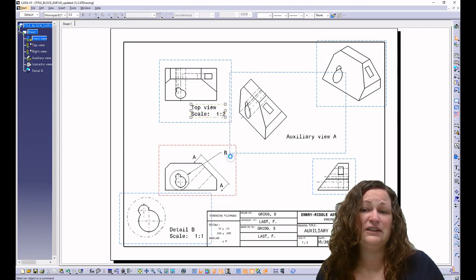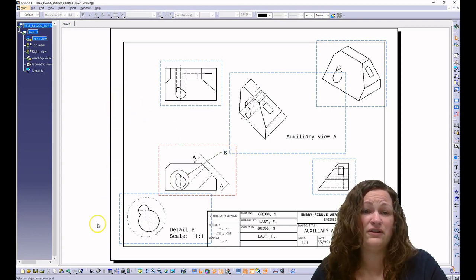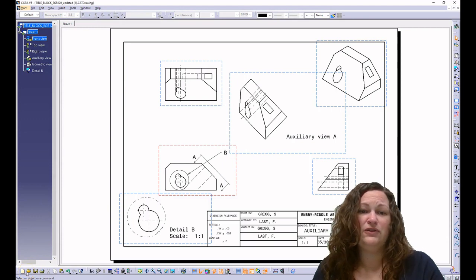You can place that detail view anywhere on the screen that you would like, and you can change the scale to larger than double. It by default does double. Make sure you include that label and the scale for your detail view because your scale in this case is different from your other